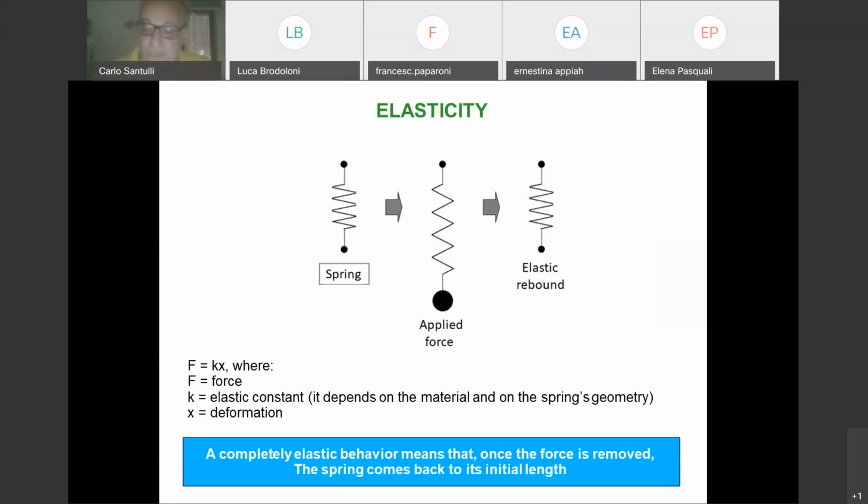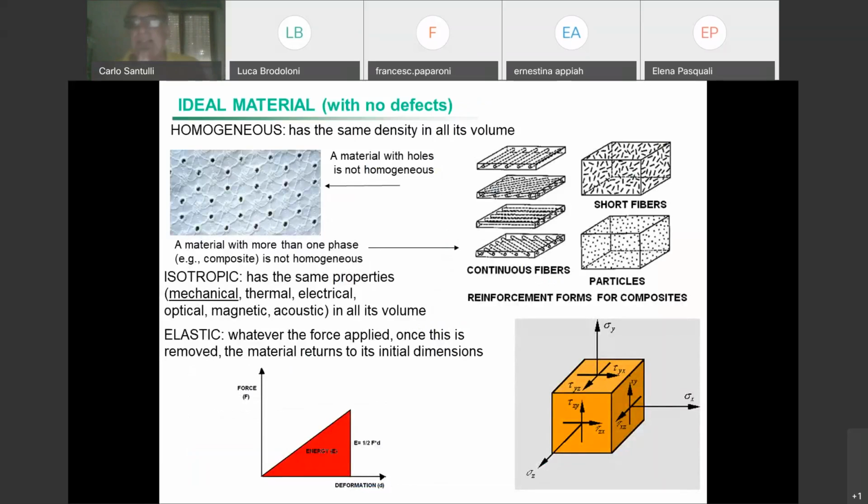And we suppose the deformation comes back to the initial dimension. So we have X and we have a delta X, and then we come back to delta X equal to 0 when we remove the force. This is elasticity. Okay, then we come back. I wouldn't carry on very much after that, but this is very crucial. This is a crucial slide, not because the previous ones weren't important, but we have to concentrate on that.